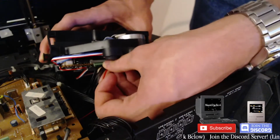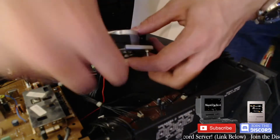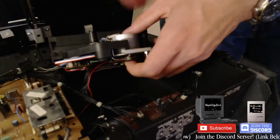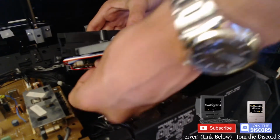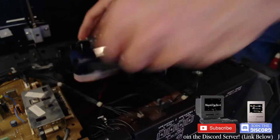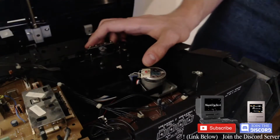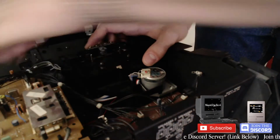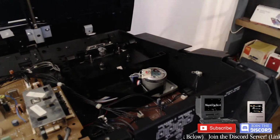God damn it. Alright, cool. That just fits all in there, and then that plugs into there. All stuffs into there. And then this sort of stuffs into there. And now...